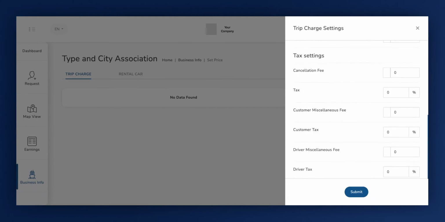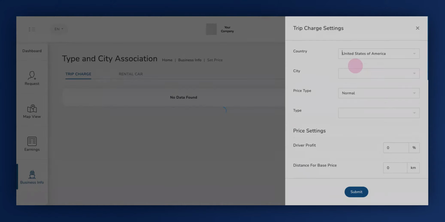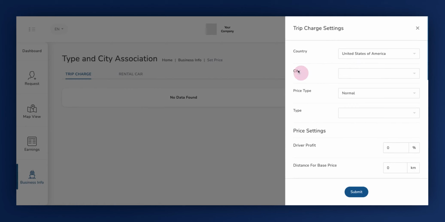At this juncture, you will need to add a country. For our example, we will select United States of America. Then, designate a city for specific pricing. For instance, choose California from the provided list to ensure pricing is tailored to this specific location within the designated